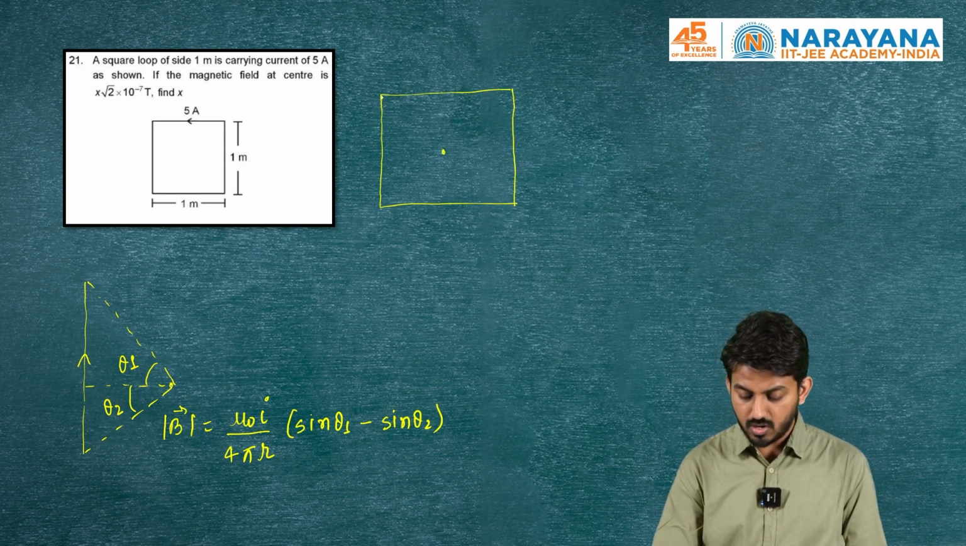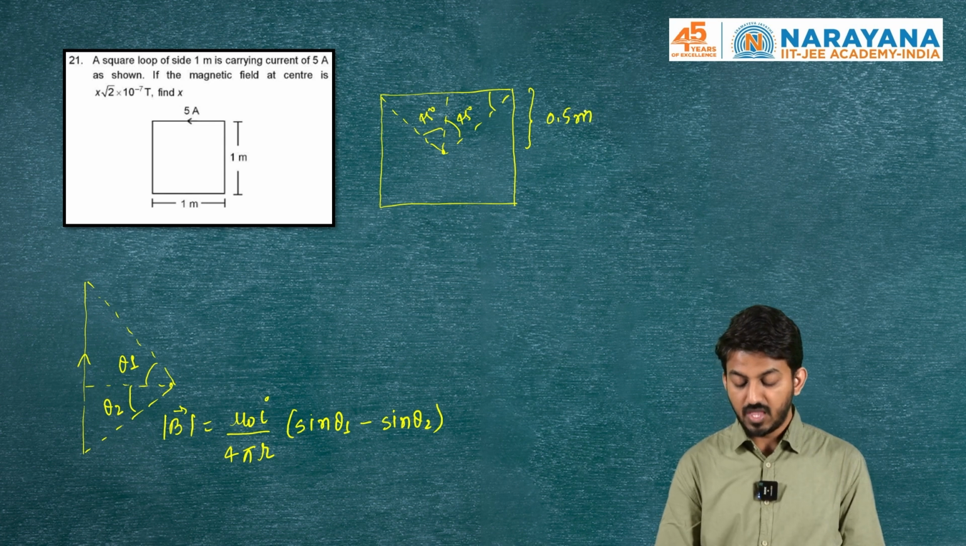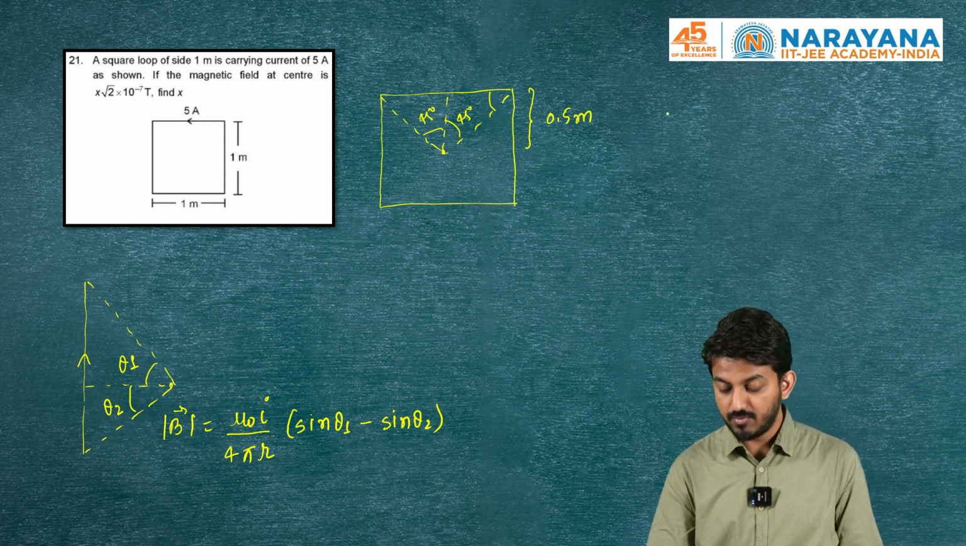If we simply focus on one side here, these angles come out to be 45 and 45, and this distance here comes out to be half of the side, which is 0.5 meter. Now magnetic field because of one side, the net magnetic field is 4 times the magnetic field because of one side, giving us B times mu naught I divided by